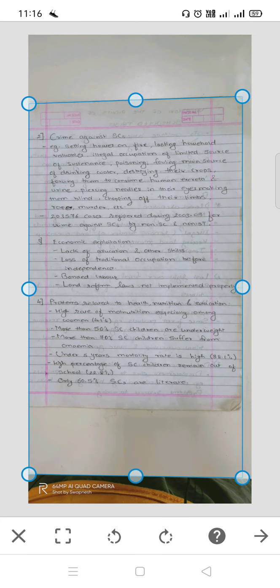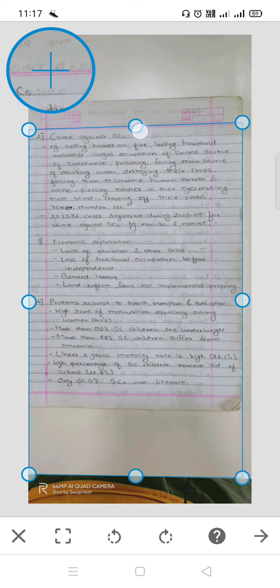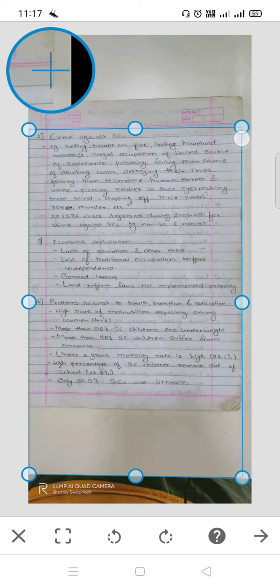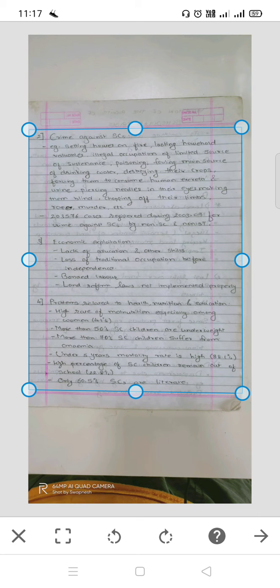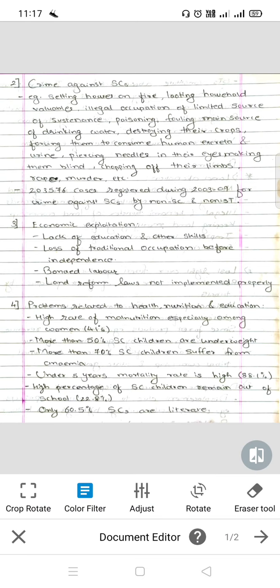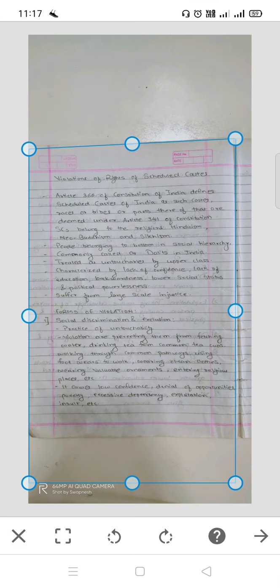After continue, I will get to see the first image I have clicked. I can see the image with the borders. I will adjust the borders. I will crop the borders of the image, and once the borders have been cropped, on the right hand most top I will get to see a right arrow. I will click on that. So the first page is converted into a PDF. Now I will move to the second one.